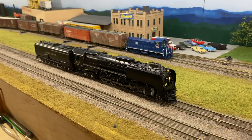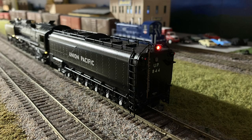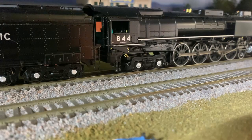Now let's check out the other lights. We'll turn on our class lights. We have our number boards. We have our cab interior light, which may be difficult to see in that angle. Next we have our truck and our under the walkway lights. And other lights we have is the red emergency light, so when we throw it into emergency, the red light on the back will come on. And then, as I mentioned, we also did light up the firebox. Now, one thing I did